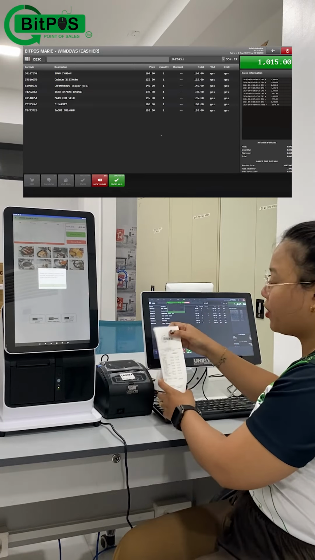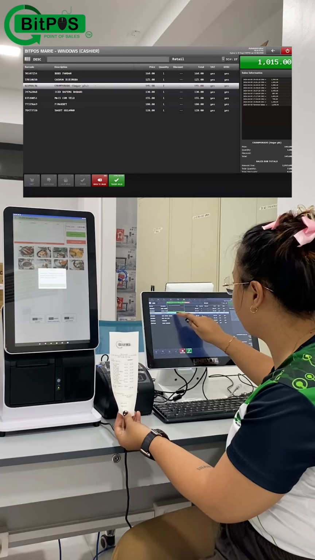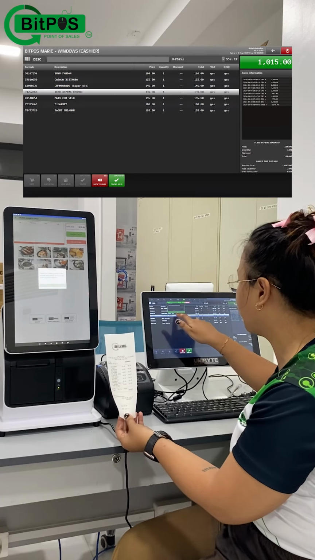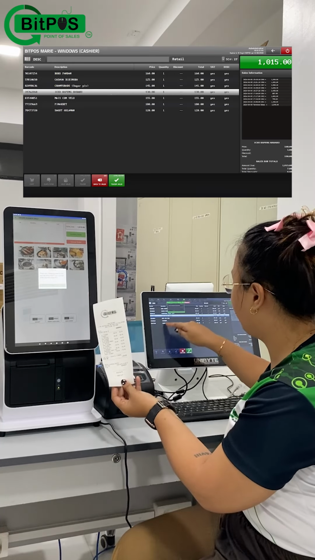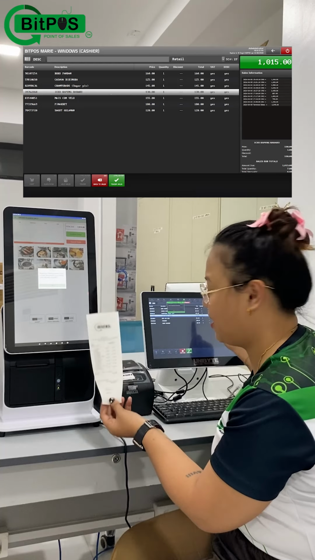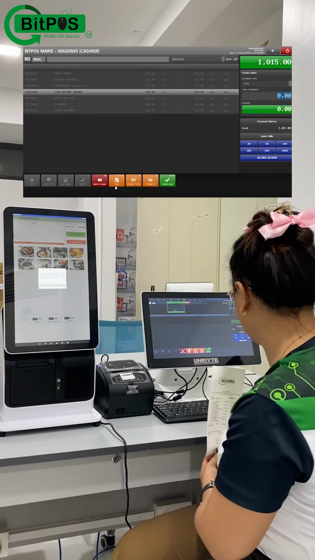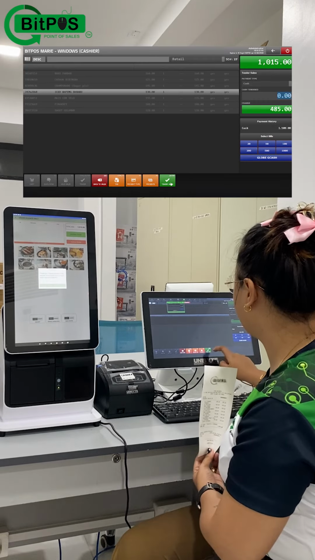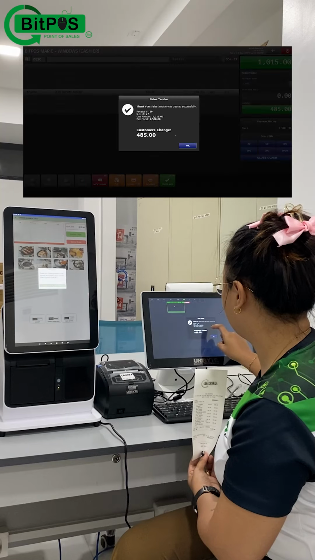All the list of orders from this order slip can be viewed here in our cashiering side. You can actually see here, I have my sugar please, for my champurrado, that is my note. I also have all the list of orders and then the total amount of 1,015 pesos. For payment, I'll just tap tender sales, input the money of the customer, tender, until our final receipt will print.